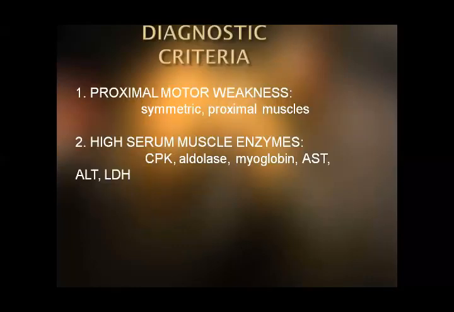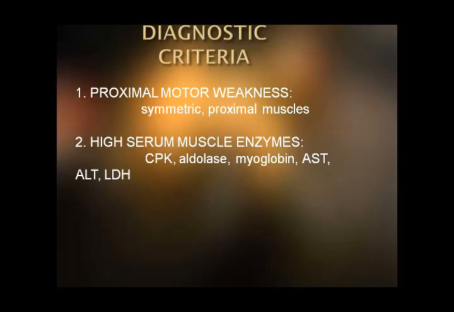Okay, so a patient with a history of progressive muscle weakness, unable to drive, unable to comb, and difficulty raising the arms, or he says he has difficulty standing from a sitting position, or he goes to the washroom, and once he is on the commode, after defecation, he is unable to stand because the hip muscles and limb girdle muscles are weak. So patients usually have symmetrical proximal muscle weakness.